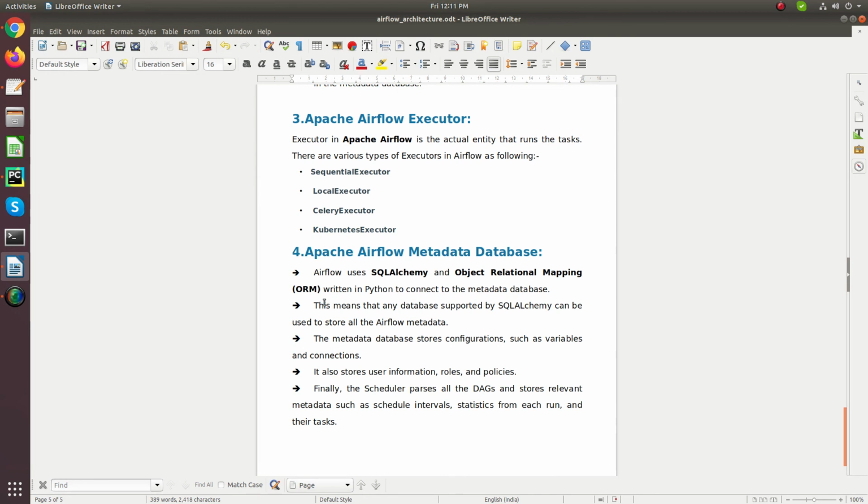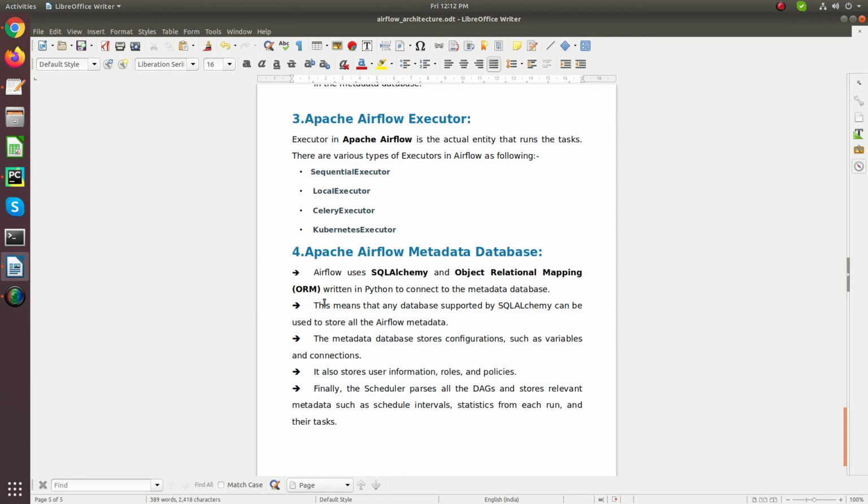Then we have the Apache Airflow metadata database. Airflow uses SQLAlchemy, an object relational mapper written in Python, to connect to the metadata database. This means we can use any database that supports SQLAlchemy.